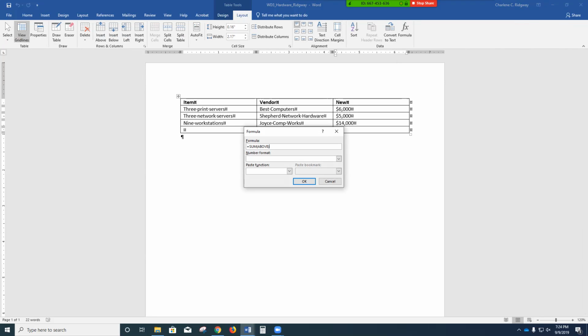The Formula dialog box opens up, and by default, the Formula box contains equals SUM(ABOVE), which tells Word to add together all of the numbers in the cells above the cell that contains the insertion point, and then display the result of that calculation in the cell that contains the insertion point. Ebony wants the result of the calculation to display with no decimal places to match the dollar amounts in the cells above. All right, so we're going to click OK,